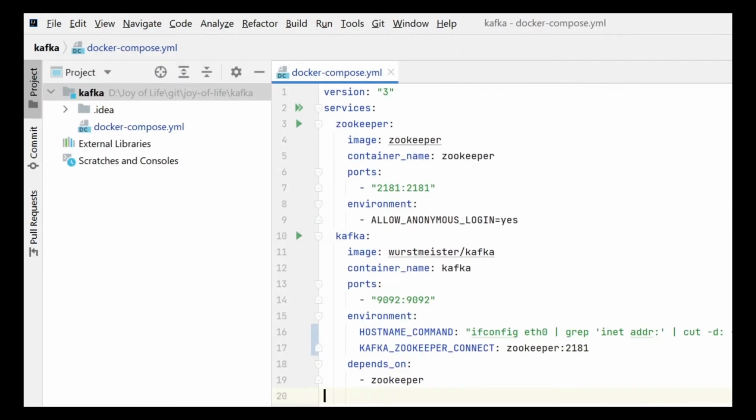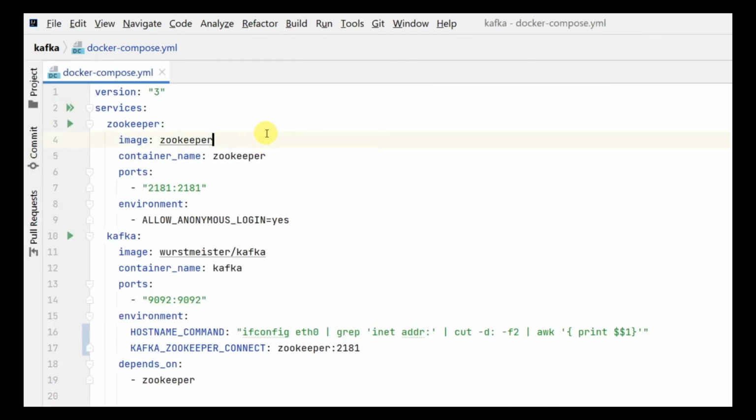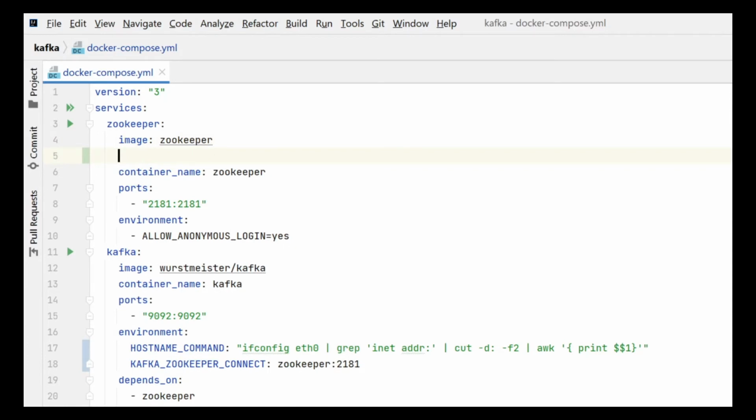So how do we fix this? So this is using a separate bridge altogether and our application is using a separate bridge. So the easiest way is to run them on a single bridge, right? So for both the Zookeeper and the Kafka image, we are just going to go over here and tell it which bridge we are going to use.